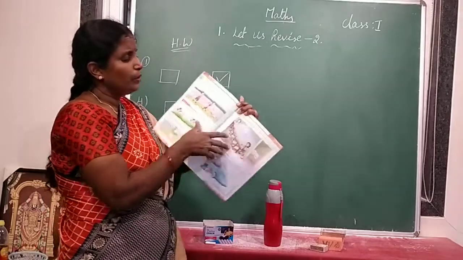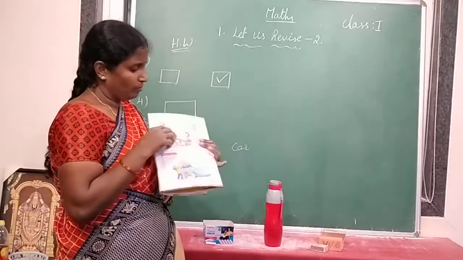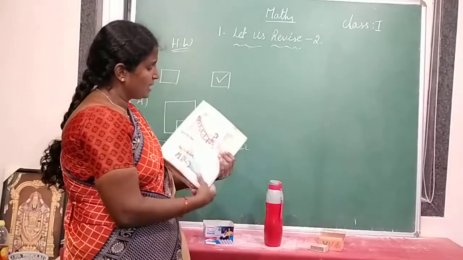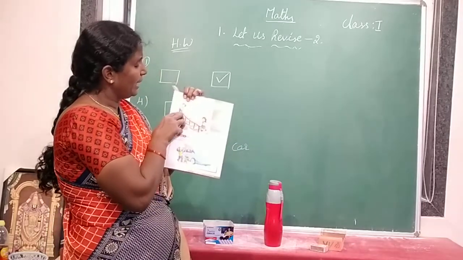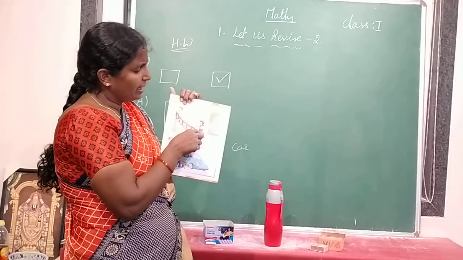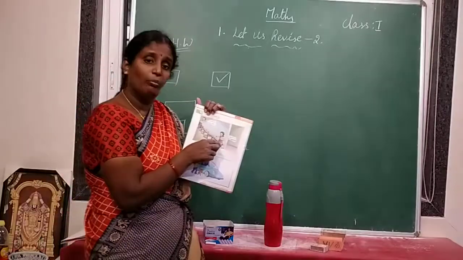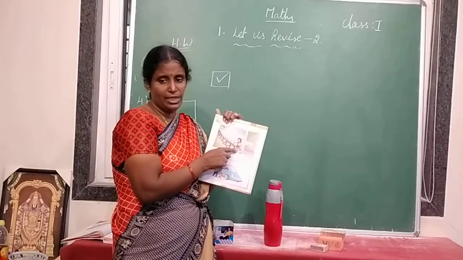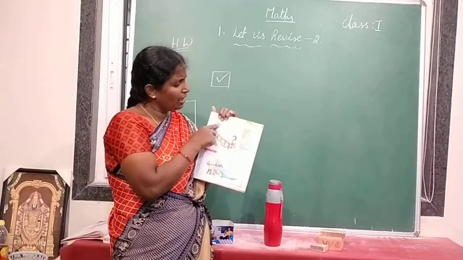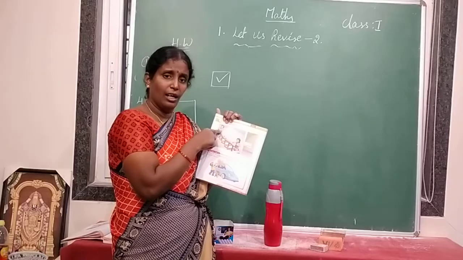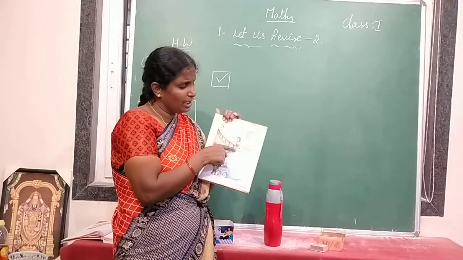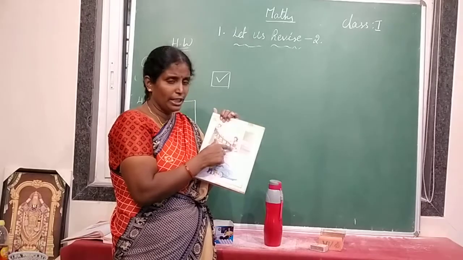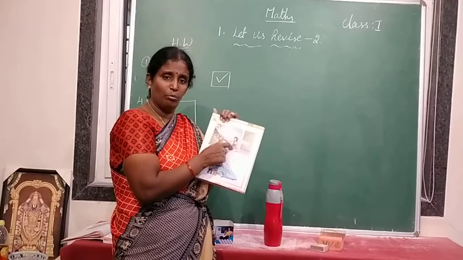Now open your textbook, children. Here two kids are standing. These are steps now. So on these steps, one kid is standing on the top and another kid is standing on the bottom of the steps. Top of the steps and bottom of the steps. So he is at the top and she is at the bottom. She is at the bottom.